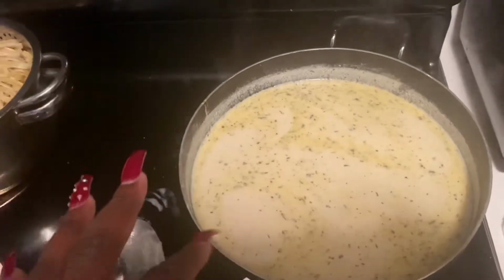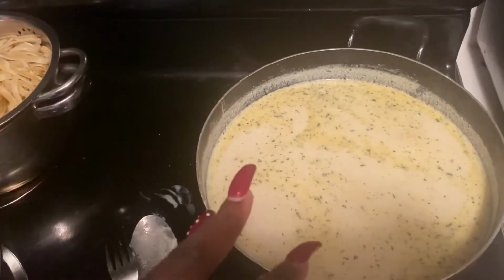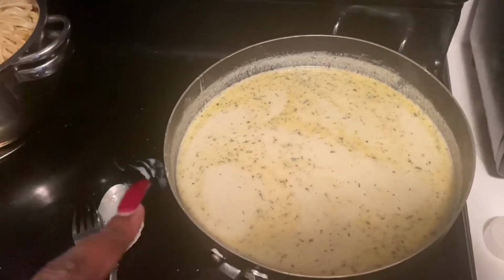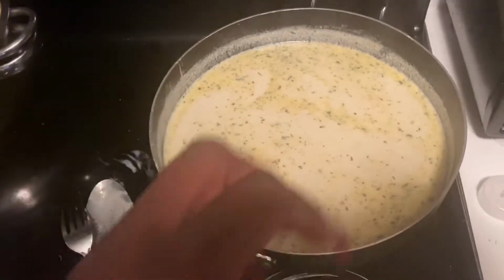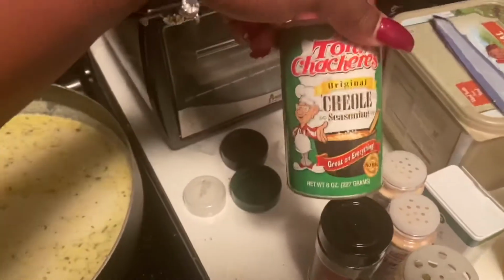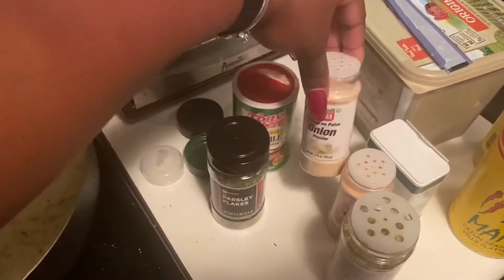It tastes so good. I use Italian, I use Parmesan, I use the habanero, the new little Taco Bell brand of crab cheese they have now, the habanero fire, and I use a little bit of Colby Jack. It tastes so good. And then I season it with Creole seasoning, with some parsley in there at the end,